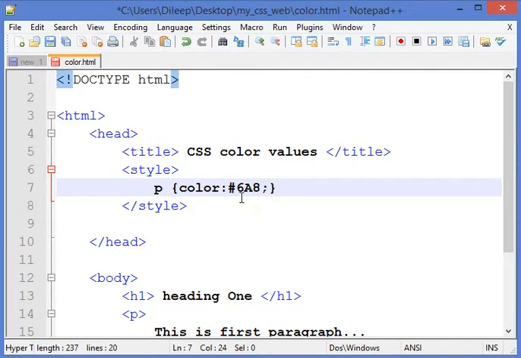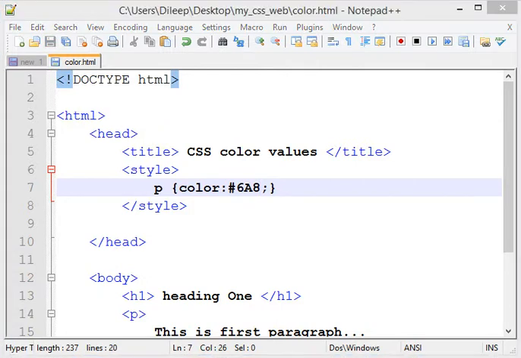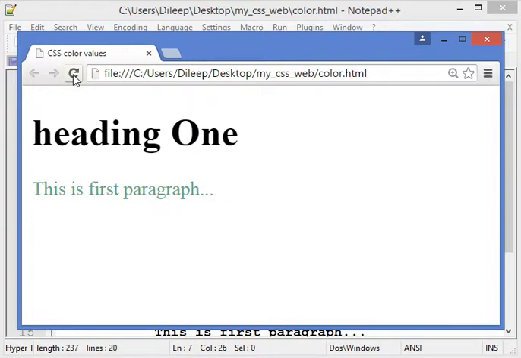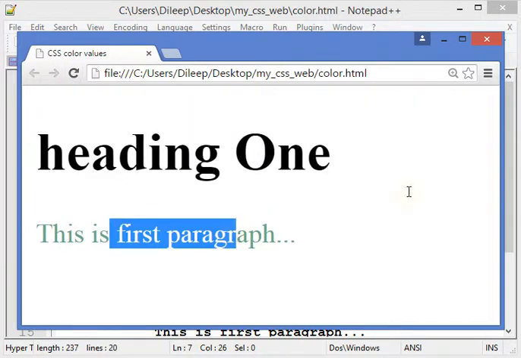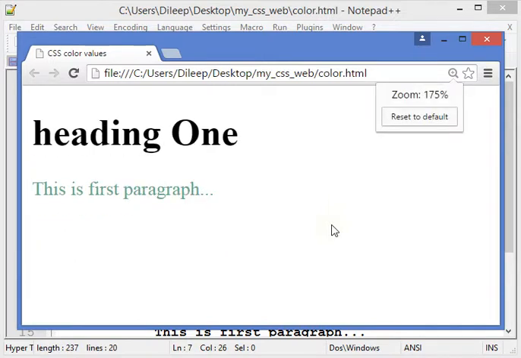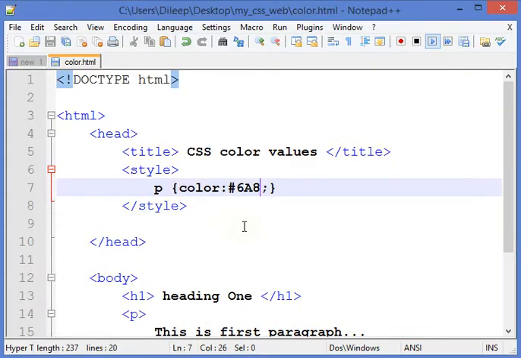The browser will automatically repeat the character. 6 will become 66, A will become AA, 8 becomes 88. So this is how in shorthand we can use the hexadecimal color code. So let's see what happened. If I refresh it, it becomes this color, yeah, right? Okay, so this is how we can use the hex code method to apply the color value.